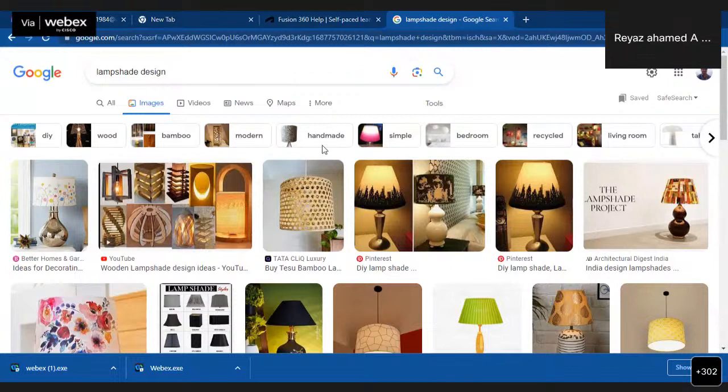So here it is. Here in Google, I searched for lampshade design.